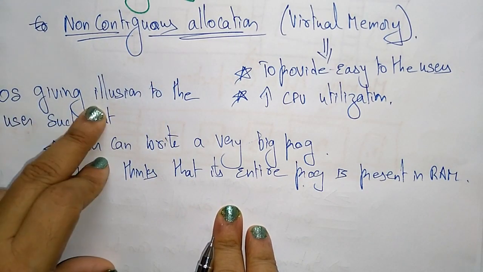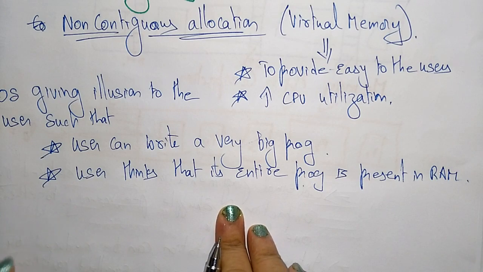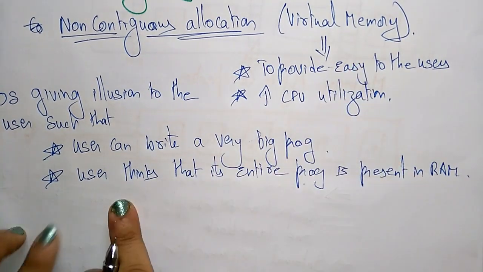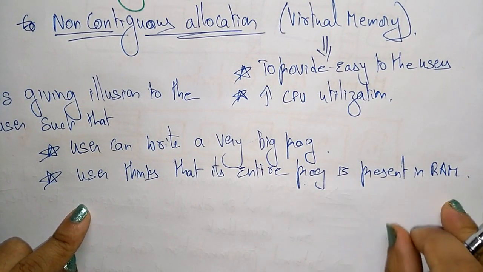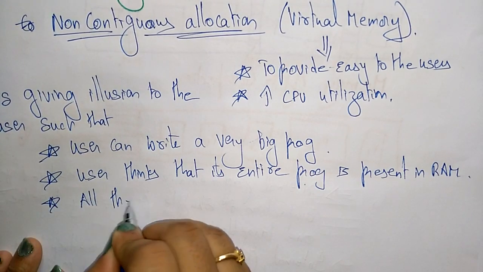So the operating system is giving just an illusion to the users. With the help of virtual memory, the user can create a very big program, and also thinks that the entire program he is accessing is present in RAM, and all the space